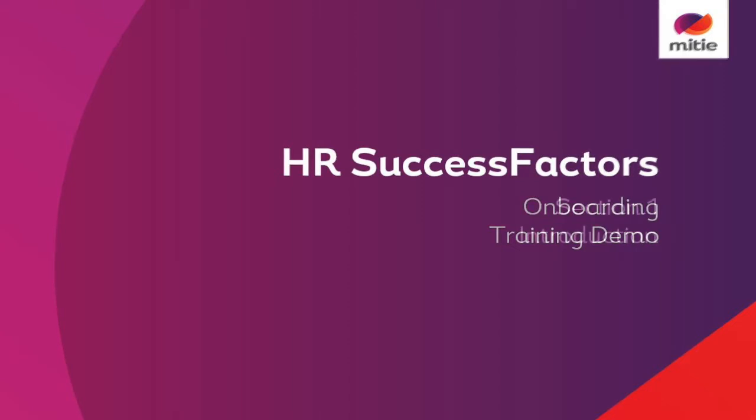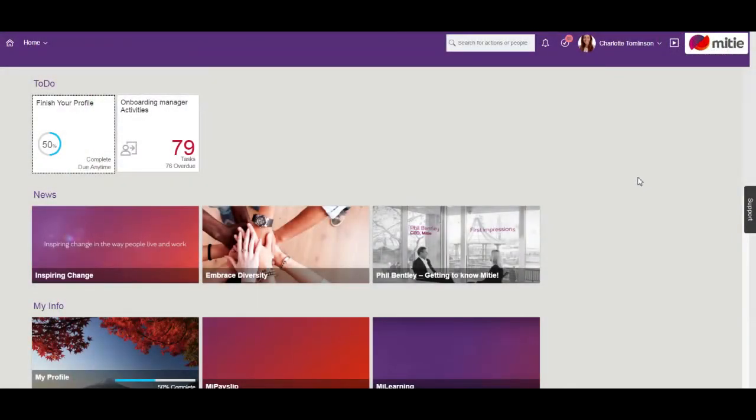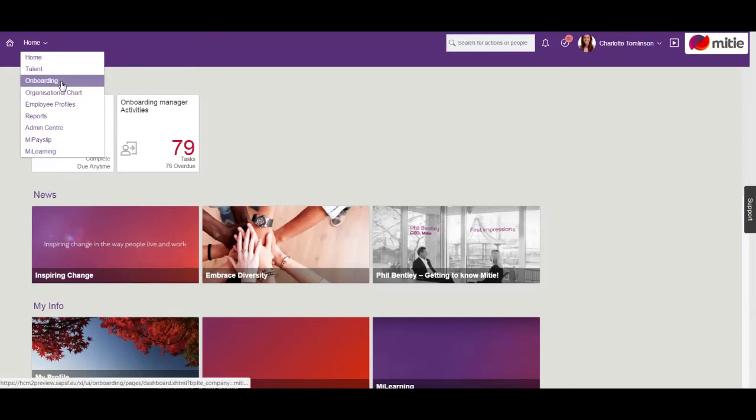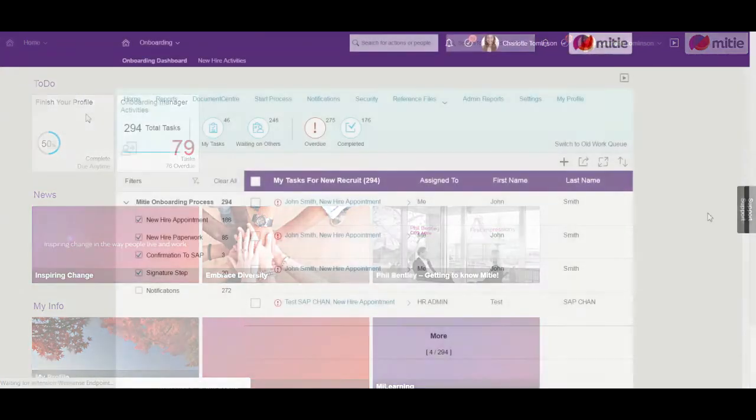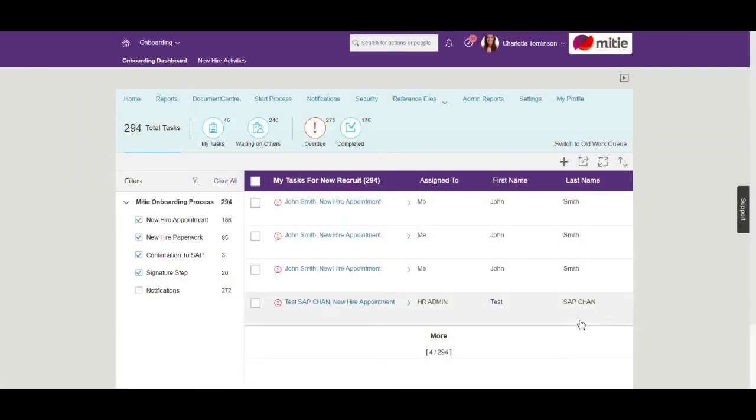In this demo, I will take you through the new Mitie process for bringing a new hire or TUPE starter into the organization. To access the onboarding system once you have signed in, go to Home and then Onboarding. Here you will see the onboarding dashboard, and from this screen you can access lots of information regarding your new